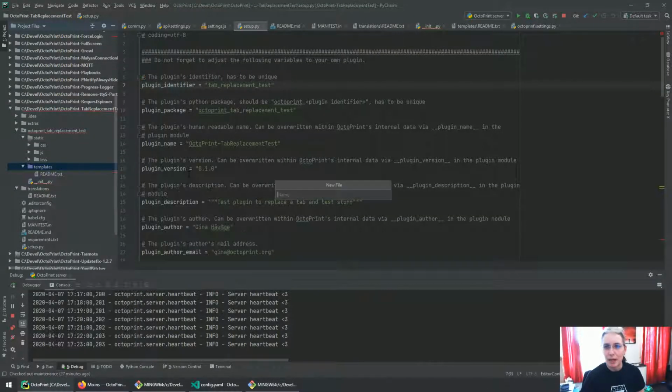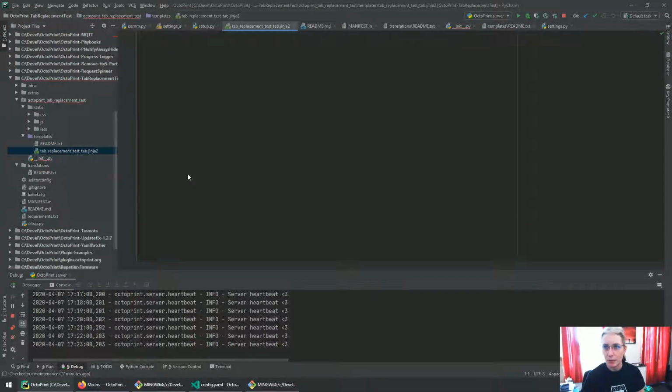So new file, so tab replacement test tab. It's a bit double, but okay. This is a new file. We're going to simply put inside of that a header of level 3. Hello Livestream. Why say world when we can say Livestream? And